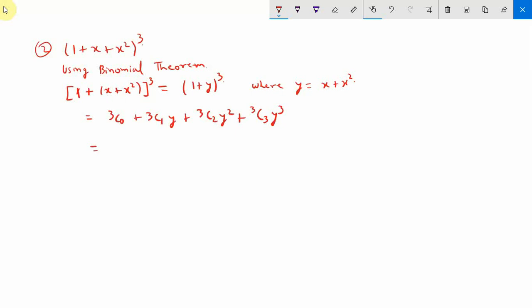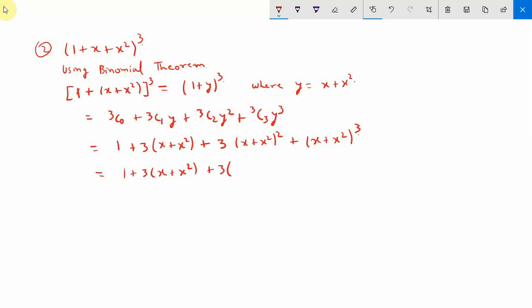And now we will substitute the value of y. 3c0 equal to 1, plus 3c1 equal to 3, and y is x plus x square. 3c2 is again 3, and y square will be x plus x square whole square, plus x plus x square whole cube. 3c3 is again 1. So from this we will get 1 plus 3 into x plus x square plus 3